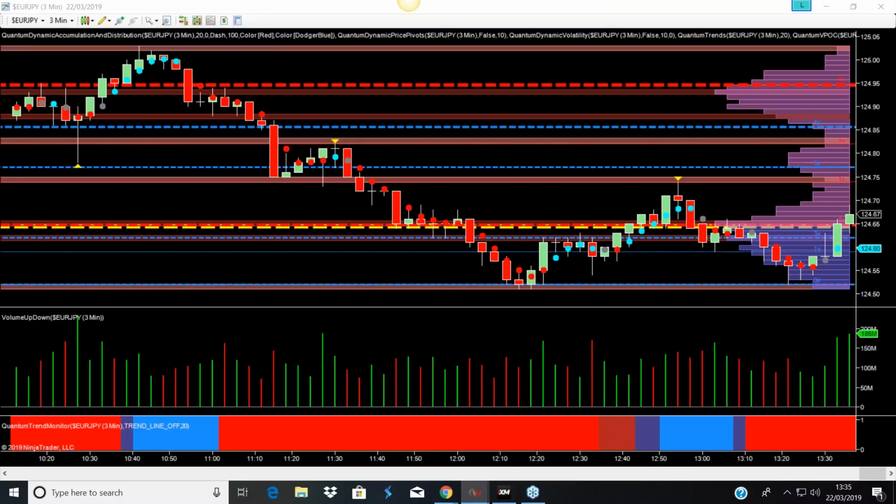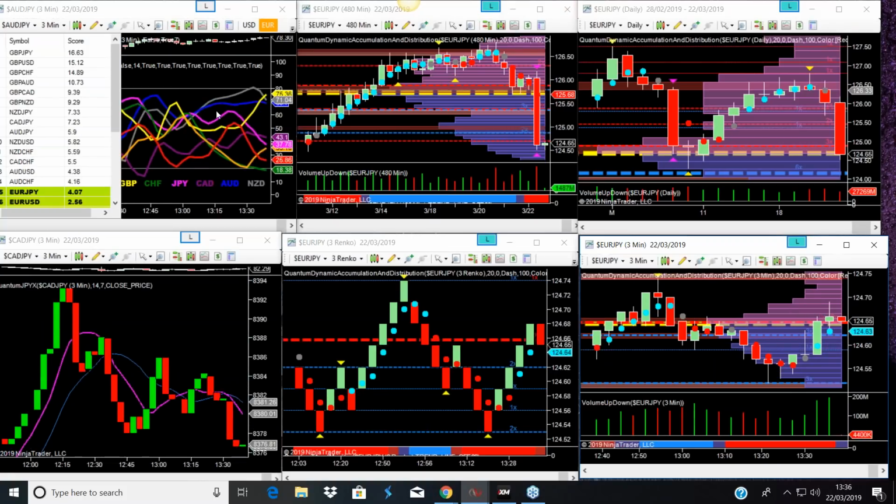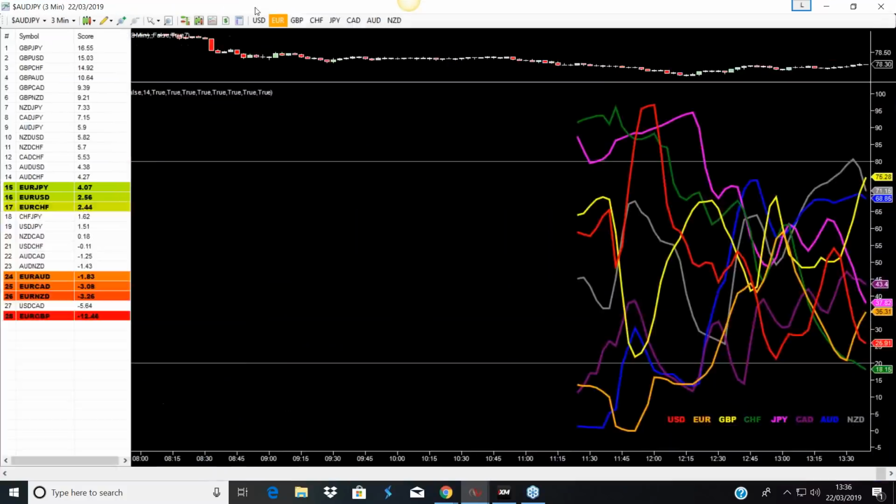So we're going to have to look to the levels from the accumulation and distribution indicator that we have on our chart. And of course, we'll have a look at what's happening on the CSI. We'll have a look at the matrix, see what's happening with the euro pairs. In fact, the euro New Zealand was down at the bottom. That's moved up. Euro yen seems to have gone all the way back down. Where's the euro yen? Oh, it's actually in this time frame of the euro pairs, the one that's moving up quite nicely.